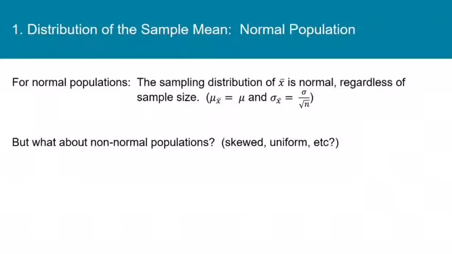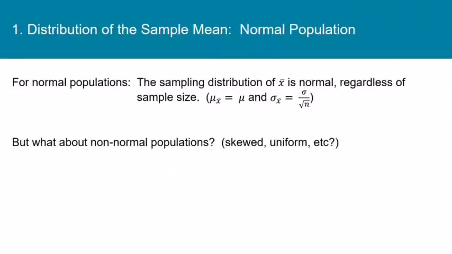You know, it was really important for us to find out that the sampling distribution of x bar had a normal shape, because knowing that the sampling distribution of x bar is normal allows us to use the z-table to answer questions about probability. But if we don't know that a distribution is normal, then we can't use the z-table. So it's important for us to know what the shape of the sampling distribution of x bar is for a